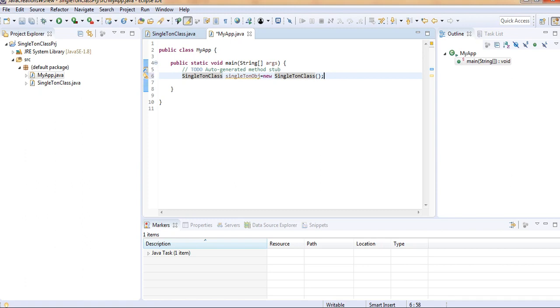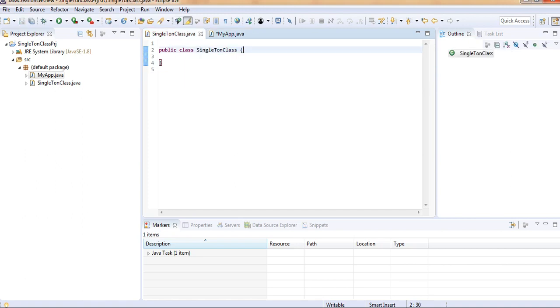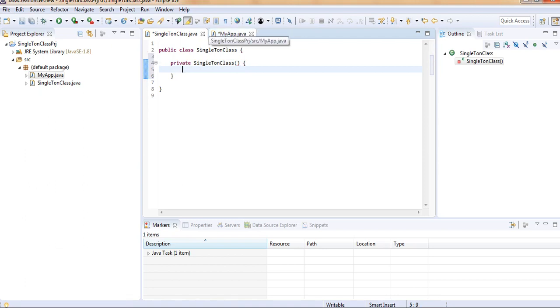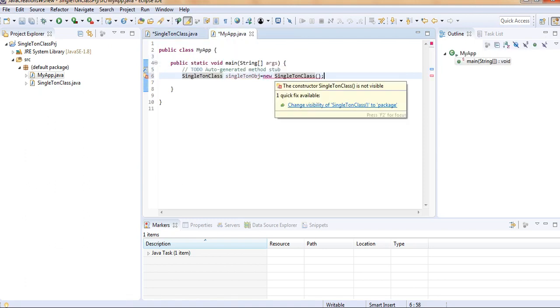Now the first step is, I don't want this common statement to be used to create the object of my singleton class. For that purpose, first of all, I have to make the constructor of this class private, to privatize the constructor. Now you can see you get an error if you make the constructor private.